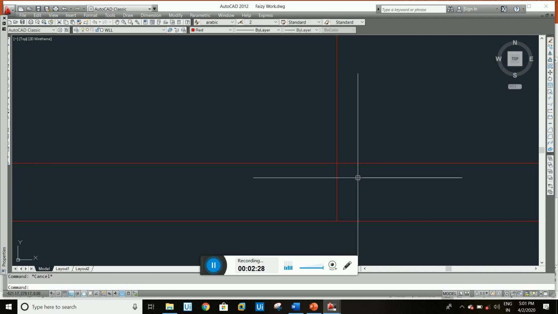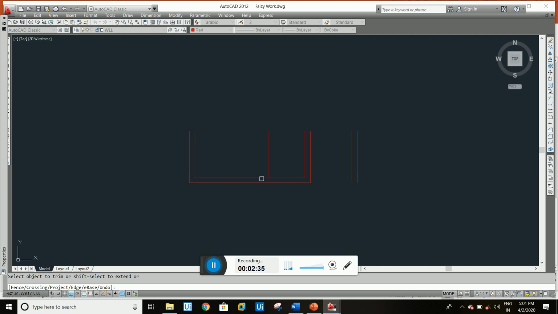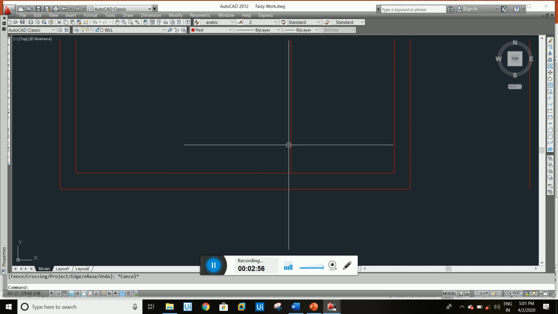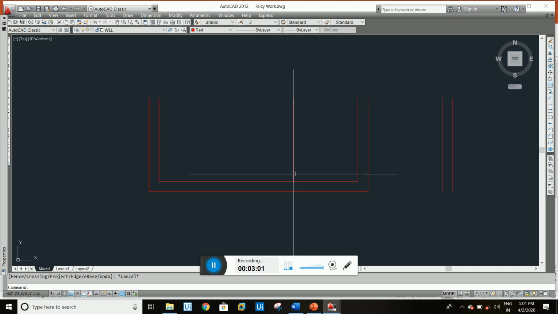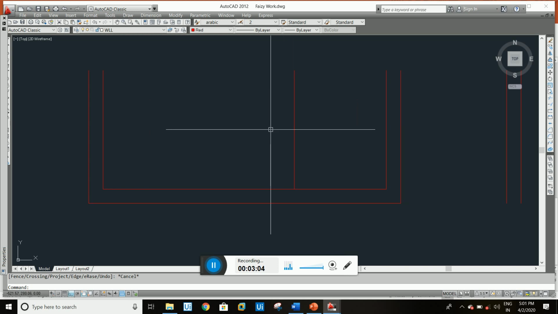We can use TR and double enter to directly trim, or we can use only trim with a single enter. With TR and single enter, we select the reference point where we want to trim the particular line, select it, and then enter to trim. There is a difference between double enter and single enter. With a single enter we can give the reference for where we want to trim.